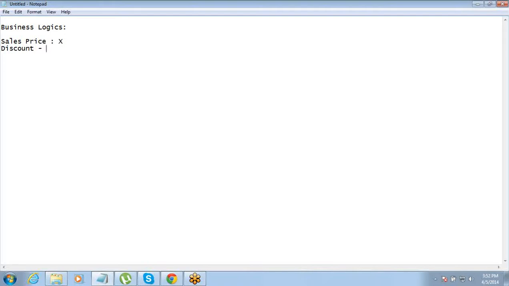He's allowed to give a discount of 10%, he can give a discount of 25% also. It completely depends on the salesperson. So there are two scenarios. One, we have a clearly defined logic. That's situation one.